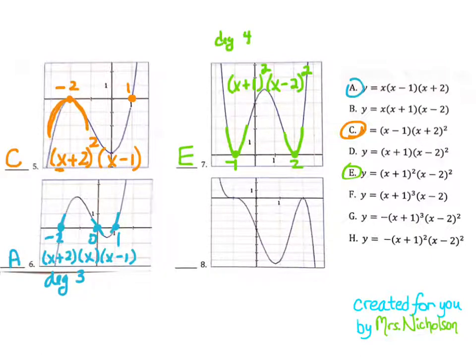All right, last question, number 8. So this graph here, we've got a degree of 5 here. But again, I've only got 2 zeros. One of them over here at negative 1, one here at positive 2. If I rewrite negative 1 as a factor, that would be x plus 1. And if I write 2 as a factor, it's x minus 2. So I need to have a power of 5. Right now, I've only got x times x. I've only got a degree of 2. So we must have